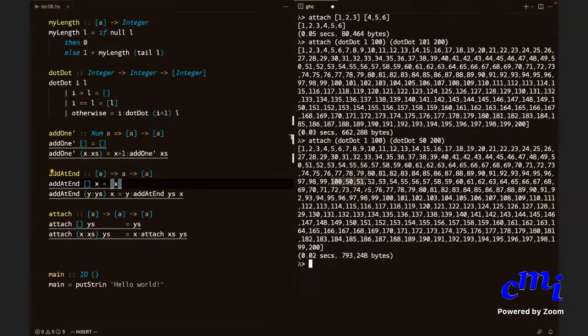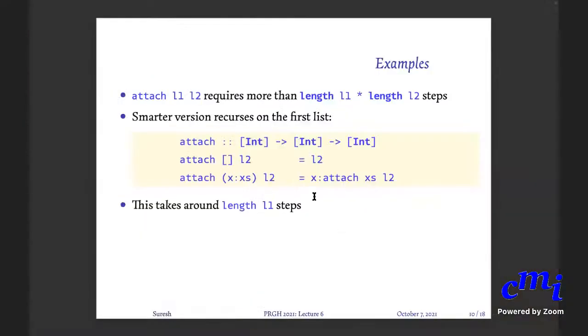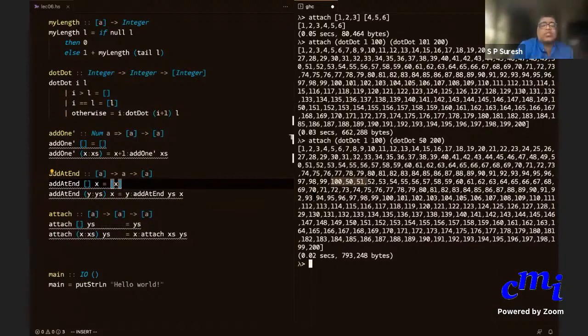Sir, before you had told that 1, 3, dot, dot, dot, 9, then all the odd integers will be listed. How do we do that? So there you have to add a skip also. That's another function, called enum from then to: enumerate from here, then this, and then go till that.